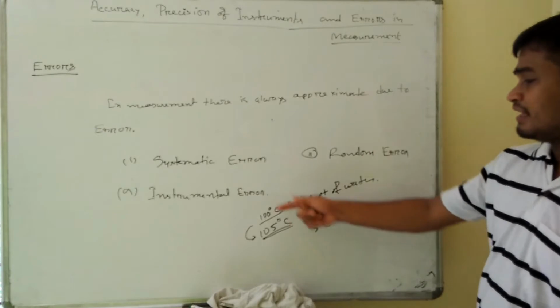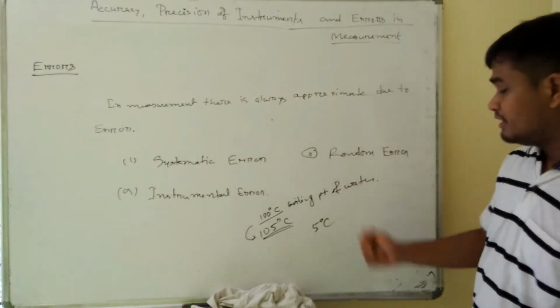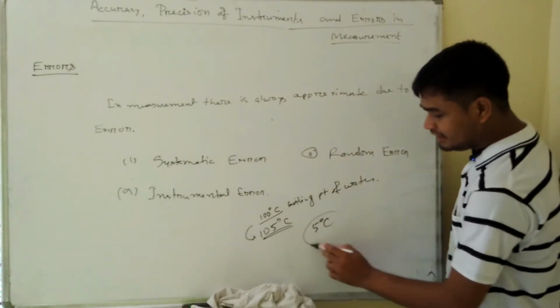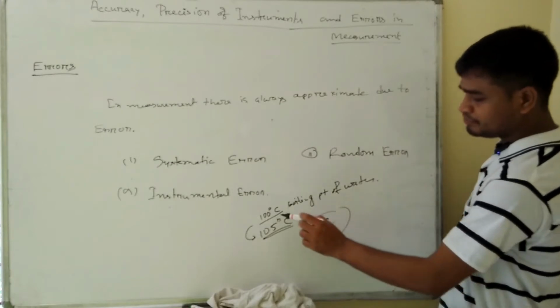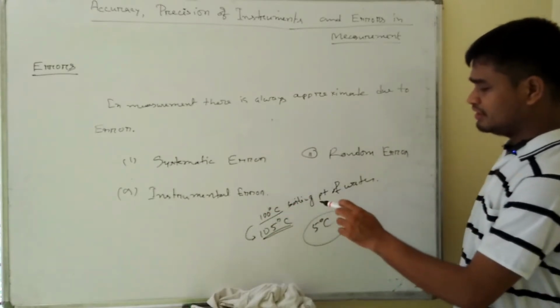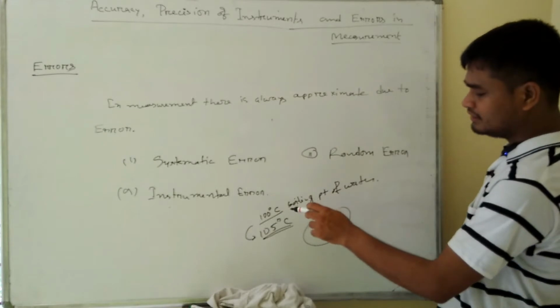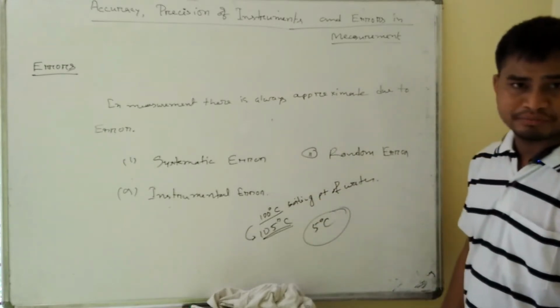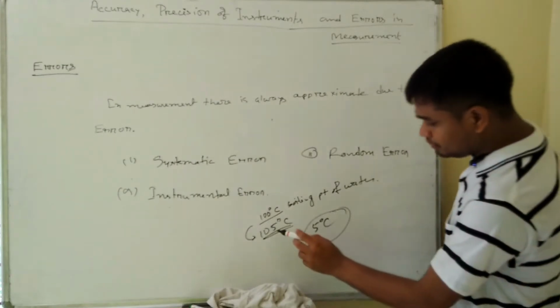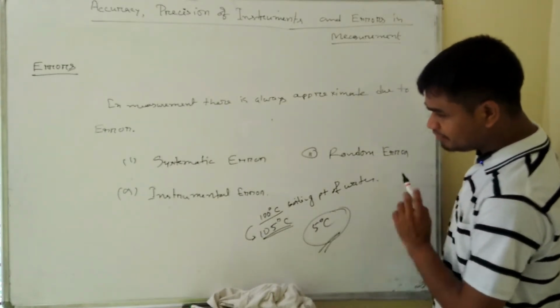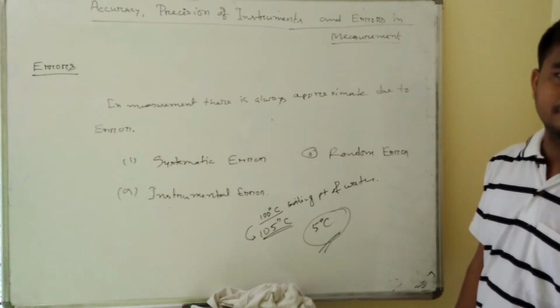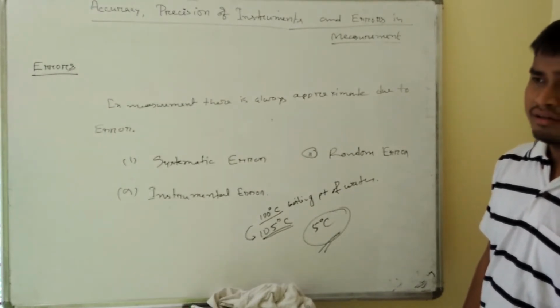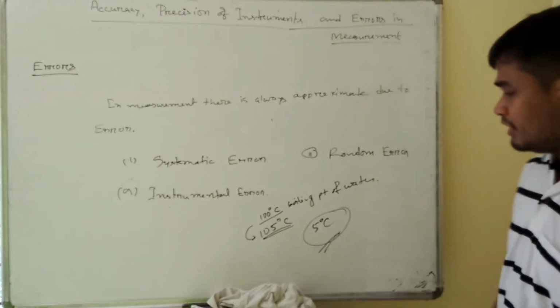When the thermometer is made, exactly 100 degrees Celsius is not the boiling point by this thermometer. Okay, so this type of error is called instrumental error. Clear? Okay, next one is